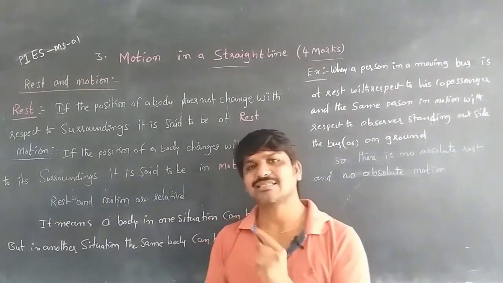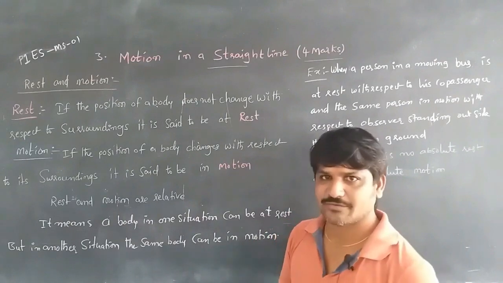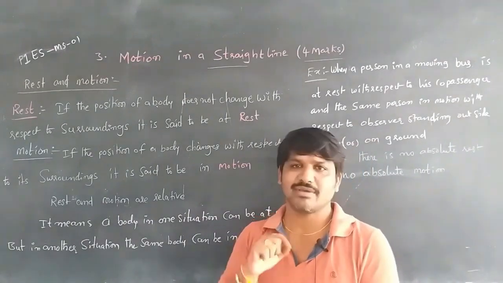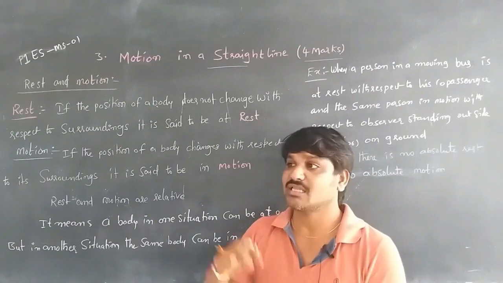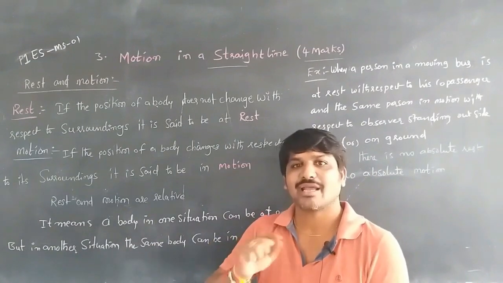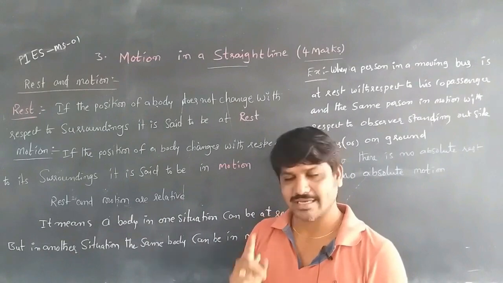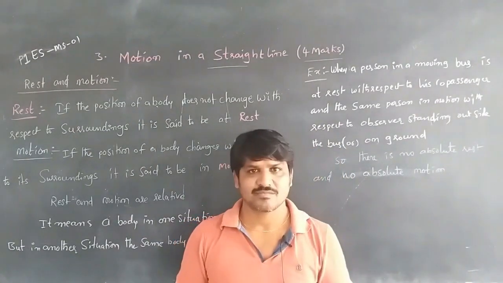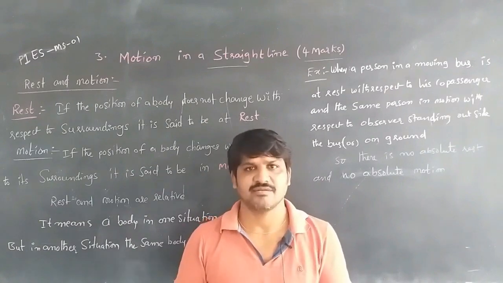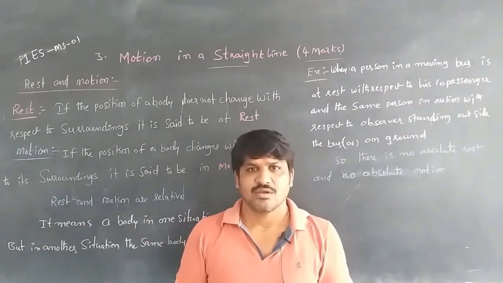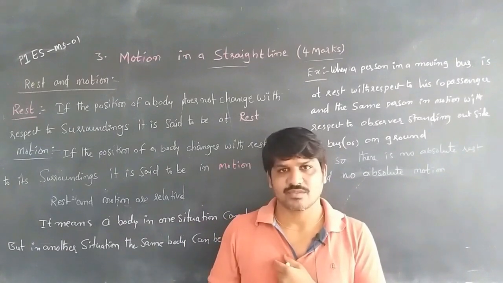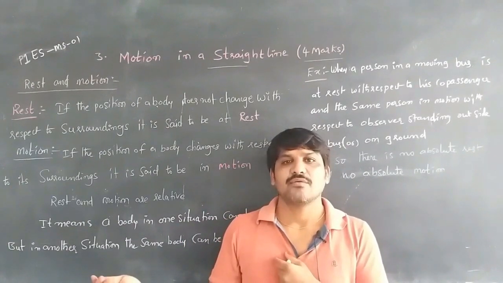Here, rest and motion are both relative. In one situation a body can be at rest, and in another situation that same body will be in motion. For example, when we are traveling in a bus or a train, we are at rest with respect to our co-passenger, and we are in motion